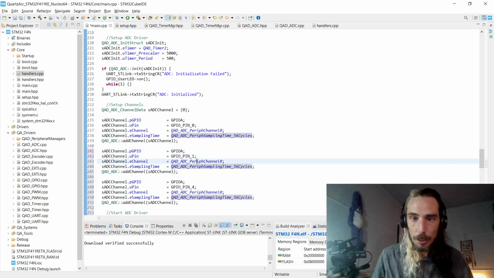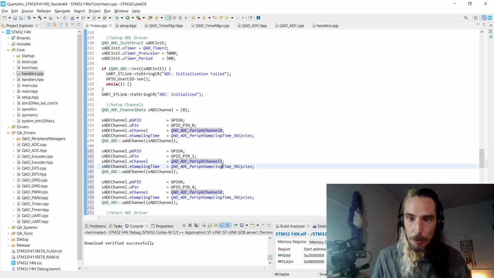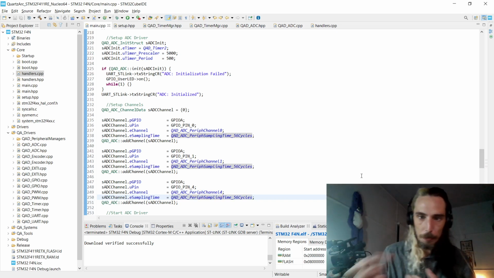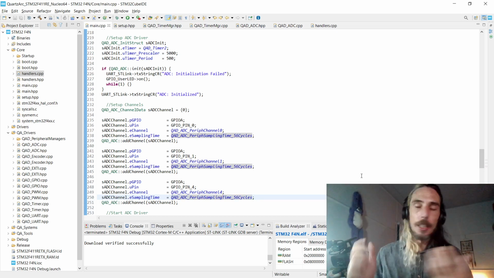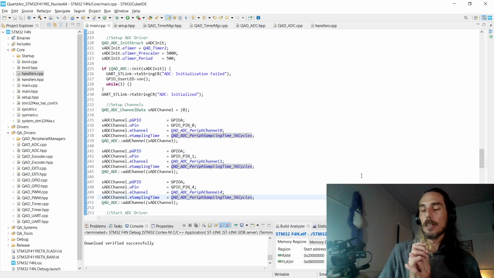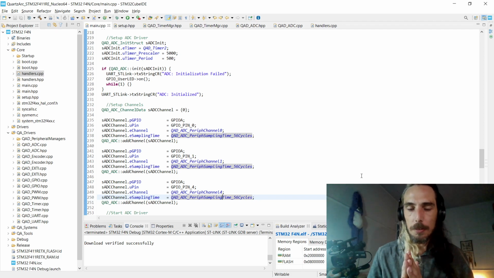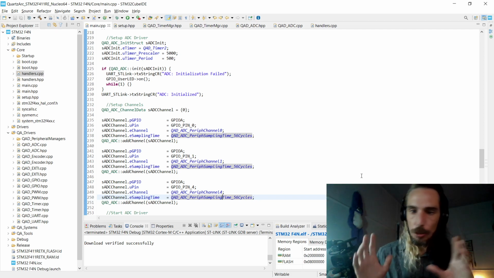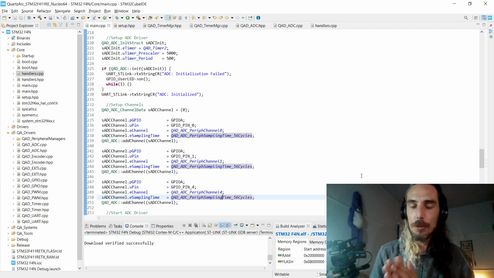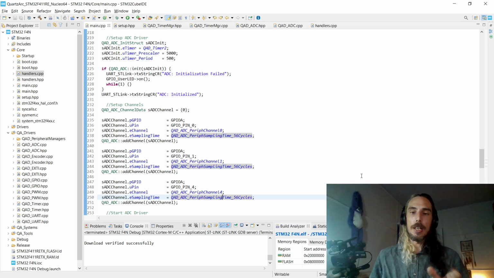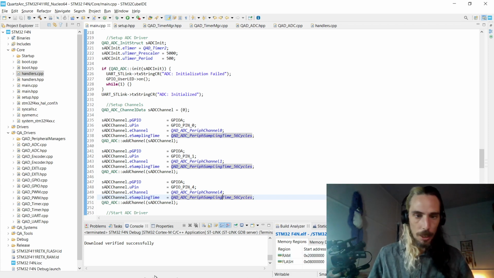And then we need to tell it which peripheral channel, so that'll be peripheral channel 1 and peripheral channel 4 because that's what those pins are connected to. Again, double check the